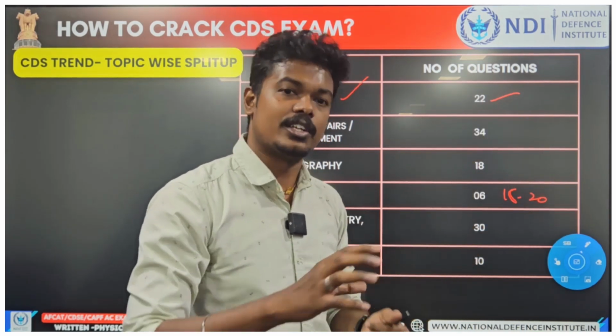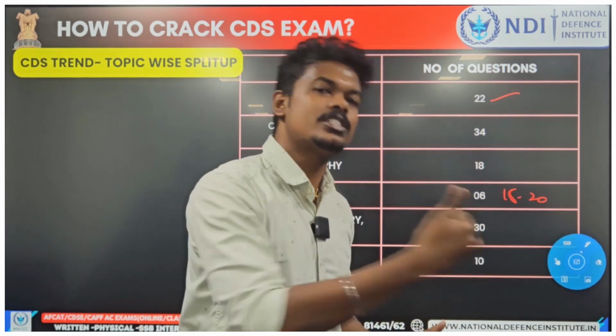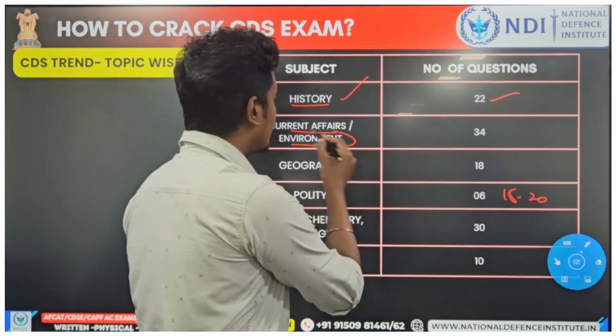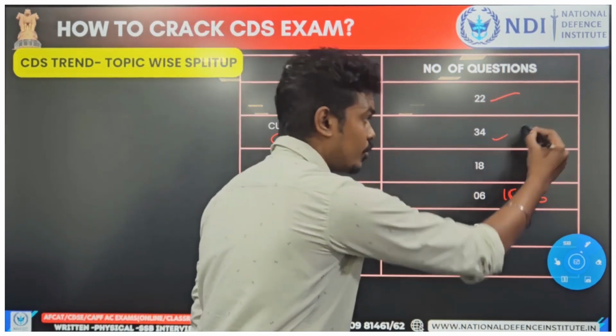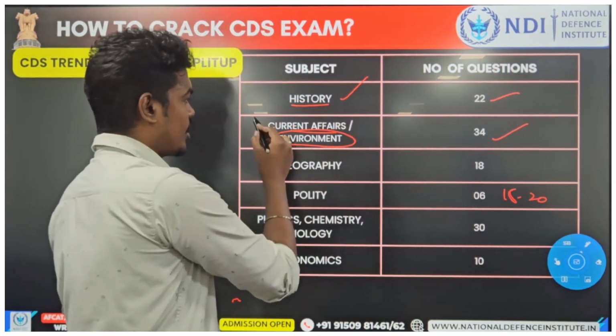With that strategy, there is no need for it. You can just get an idea about what questions you can expect in the upcoming exam. And next is current affairs and environment related questions. You see around 34 out of all these topics here, the most importance is given to current affairs and